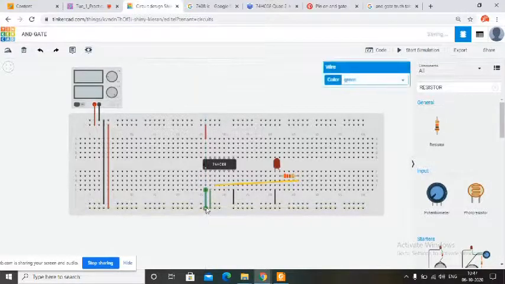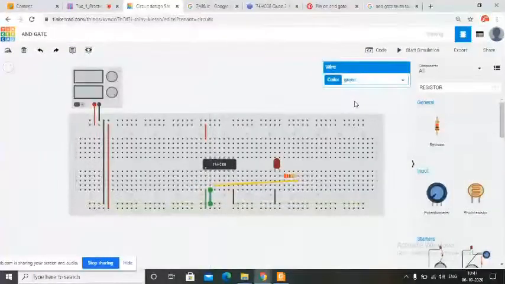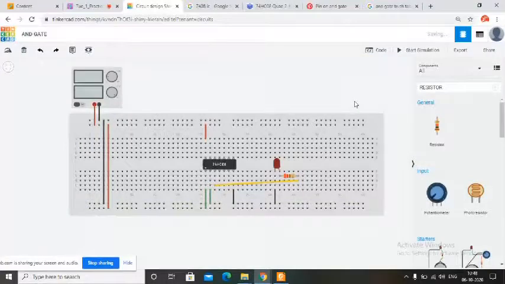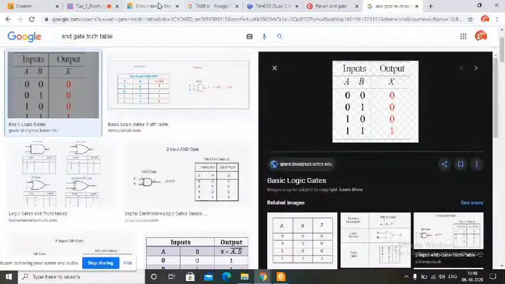Let us make it 1, delete this wire and change it. You can also use a switch at this moment because you haven't done that. So either you can do it in this way, or the other way is you can also connect the switch. In this case, again for 1 0, the LED is not glowing, so the output is 0. So all four cases are verified, right? Only in the 1 1 case it is glowing, and in the rest of the cases the LED does not glow.